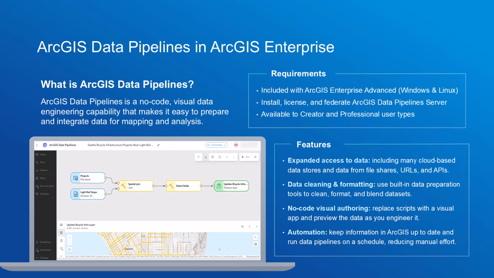This capability helps to expand access to data in ArcGIS Enterprise with support for many cloud stores, URLs, and APIs, built-in tools to clean, build, and blend datasets, and adds support for automating data pipelines, ensuring information is kept up to date. Another great note is that it is included with ArcGIS Enterprise Advanced at no additional cost to